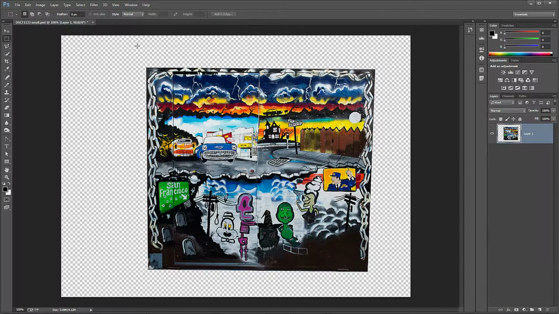And now what I can do is clean this up. What I want to do with this is make this actually perfectly rectangular. And the problem is this is still not rectangular, and what I want to end up with is a perfectly rectangular image that I could post on a website and not have any gaps or slivers around the edges. So to do that,